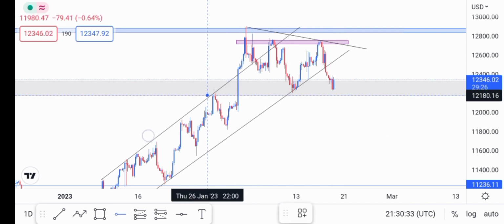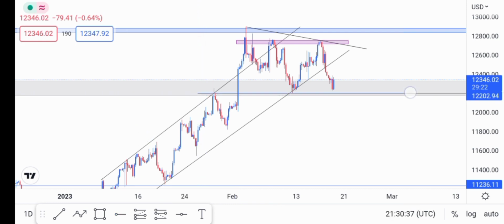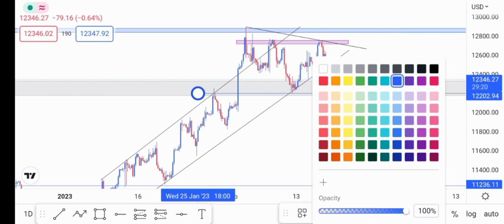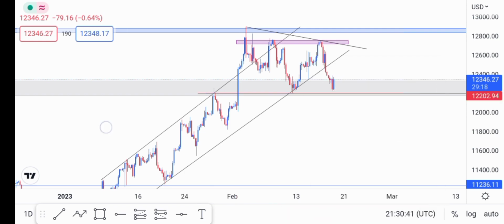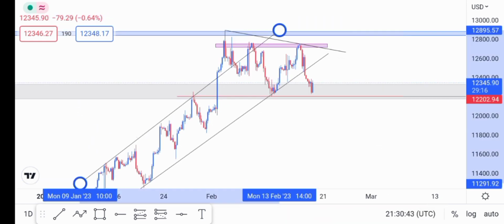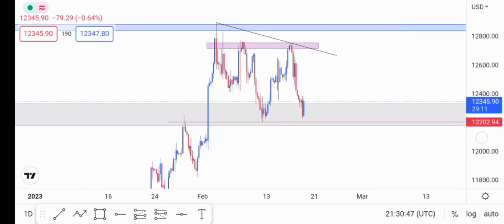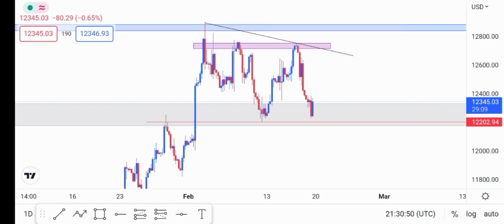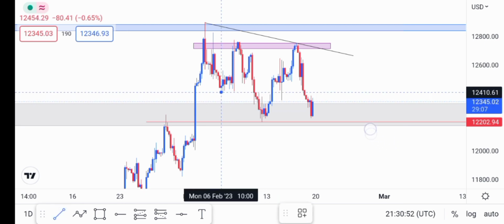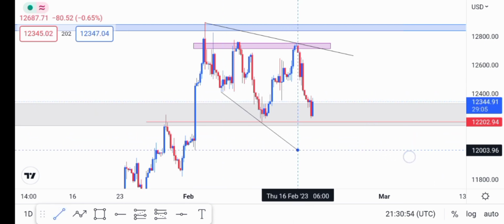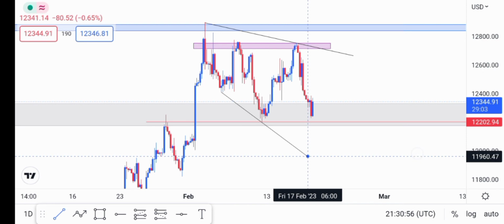So I can just make this level here as well, like this. Let me change it to red, I think. Yeah. So if I were to remove this line and this line, this is what we have already on the 4-hour time frame. And if I were to draw a trend line on the lower side, it would be like this, in which creating